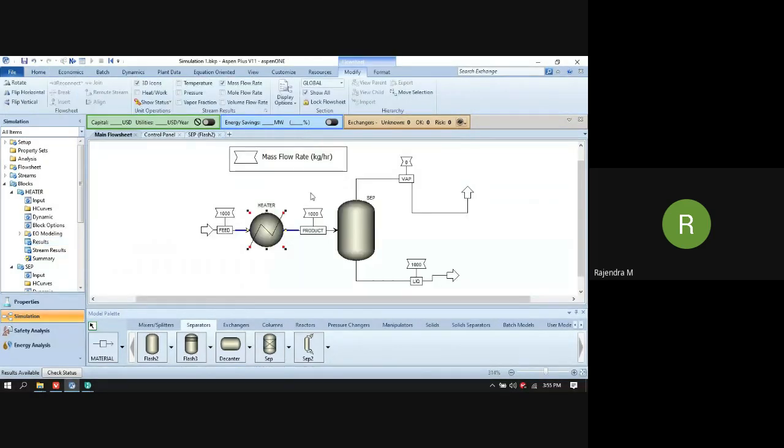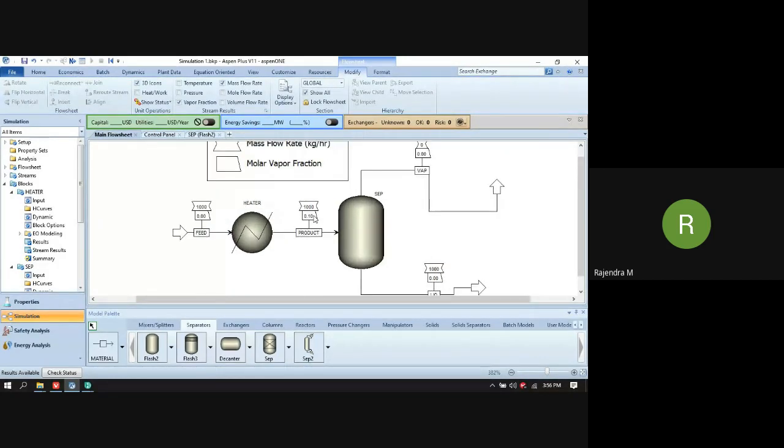How can we see that? Click on the vapor fraction over here, or you can go to the product tab and look at the results for the product stream. So the outlet stream contains 10% vapor fraction, right?